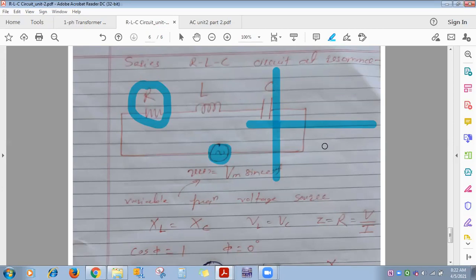Now consider frequency, which you are continuously varying. Will it affect the value of XL, the inductive reactance? Yes, it affects. We have seen the formula of XL is omega L, where omega is 2 pi f, and this we have seen for purely inductive. When frequency is 0, XL is 0, and the inductor acts as a short circuit for DC. Then as you go on increasing frequency, XL increases linearly. This one we have seen. What about XC?